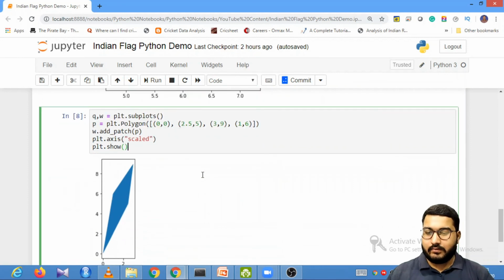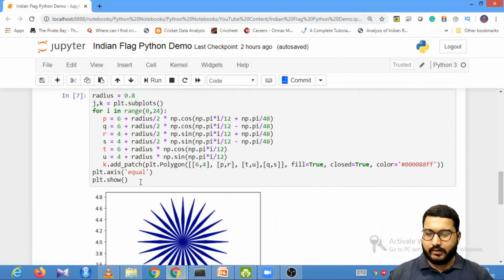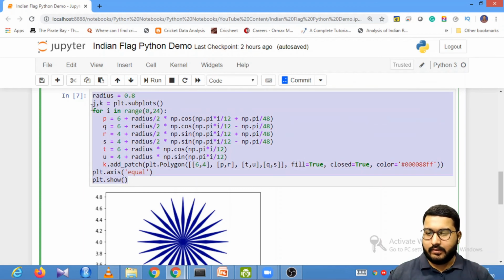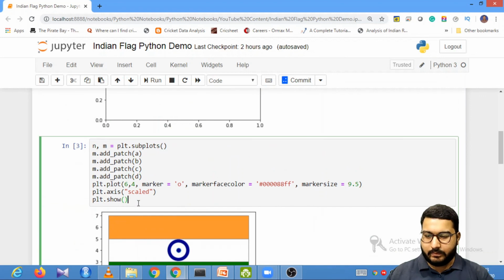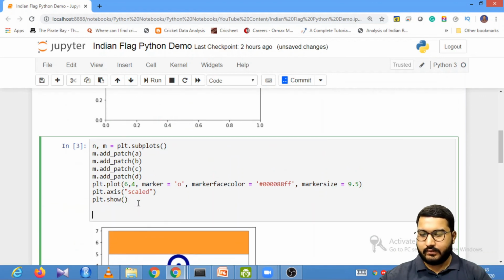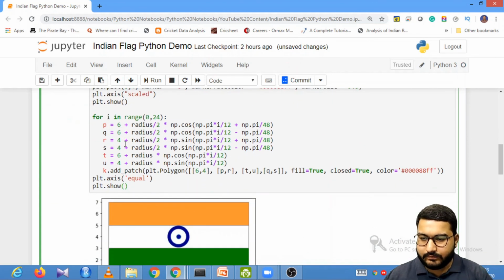Okay, now we have already seen this code, so we already know what is happening over here. So let's now add this code within this part, which we have already done. And I will just change some parameters.